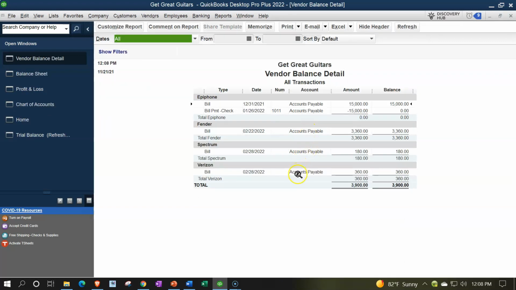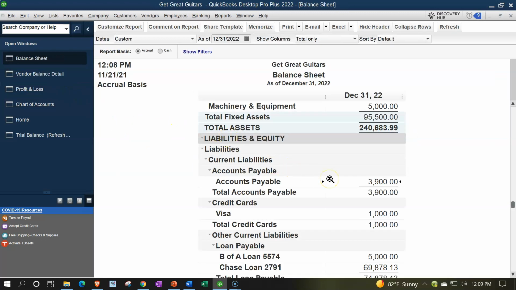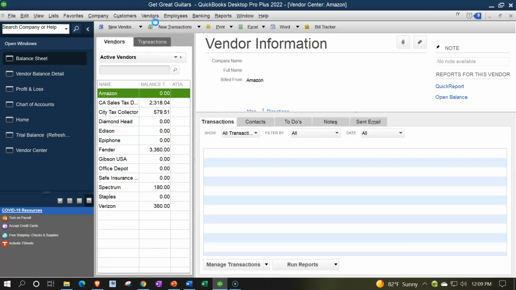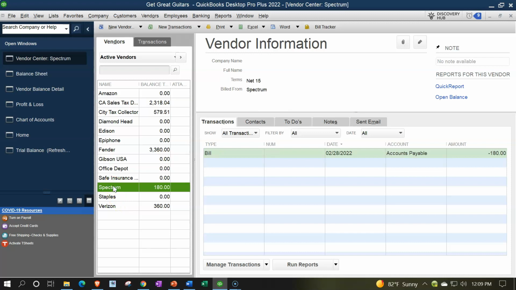There are our bills, and we were looking this time at Spectrum, the 180, that comes out to the total $3,900, which of course is the amount on the balance sheet. The other place you might be looking at this stuff is the vendor center. Drop down vendor center, and we could then say in the vendor center, we've got Spectrum right there, owing